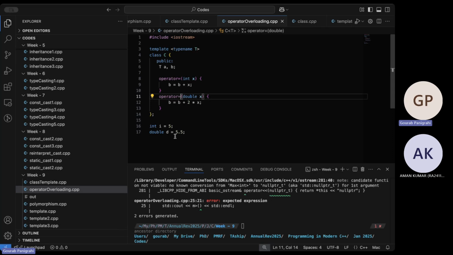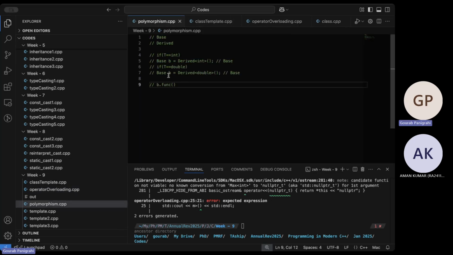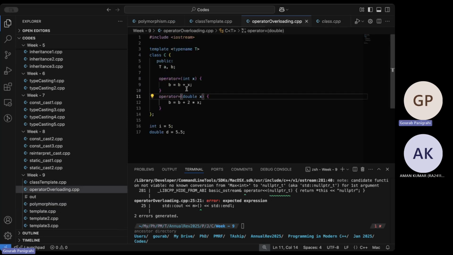True, but we have also seen the equal to being used for derived classes, like I was saying about polymorphism. So this is a base class, right? And then this is equal to a derived class. So you're setting an object to this class. What is actually happening? This equal to is what takes care of that. There is an equal to, so it has to know what to do with the right hand side, right? That's what we are getting at here.